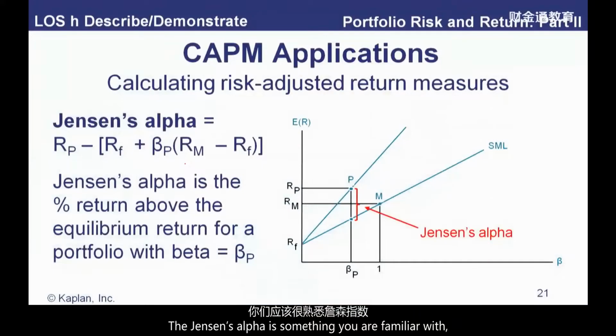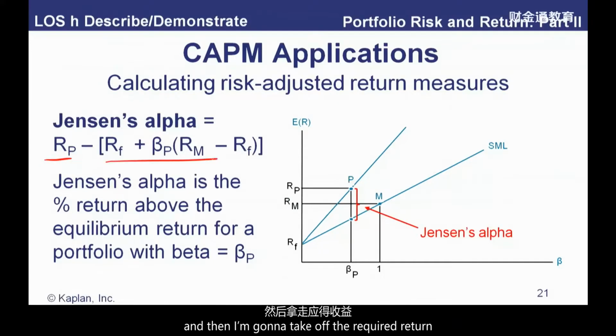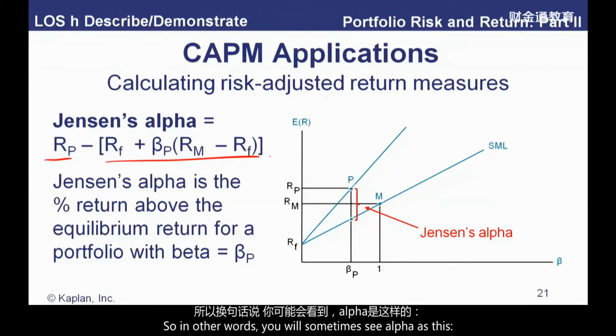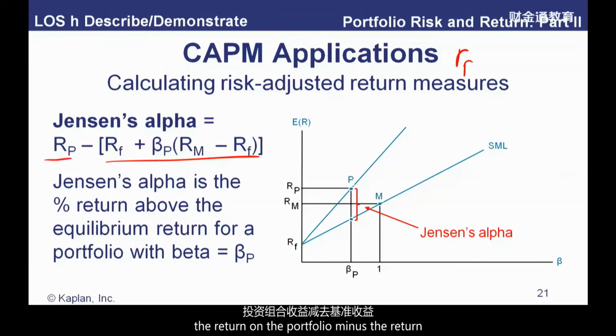Jensen's alpha is something you're familiar with. So we talk about generating alpha. Is my alpha as a money manager positive? Well, all I'm doing is taking the return on the portfolio, and then taking off the required return given the capital asset pricing model. In other words, you'll sometimes see alpha as the return on the portfolio minus the return on the